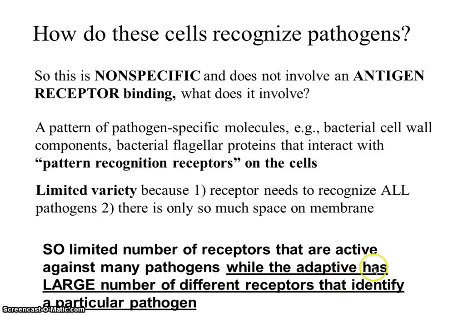And I say the adaptive, on the other hand, has a large number of different receptors that identify only one specific pathogen, which is why we have to have a lot of different B and T cells. All right,